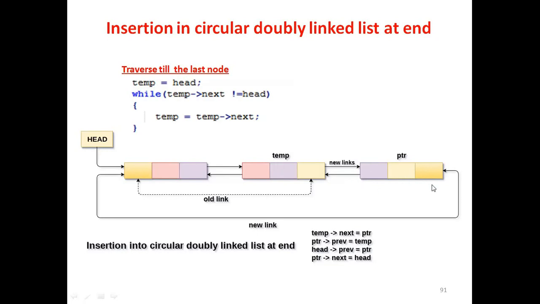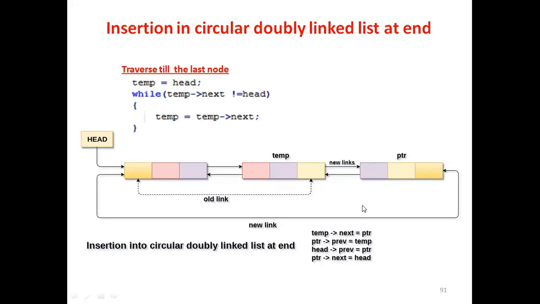And now you create this node. So this node is created. This is the new node and its address is present in ptr. Okay, and then we will update this value. This field will update, this field will update, this field will update. Yes or no? And this field also will be updated. By using this code we come to here. The temp pointer is pointing to this node now. This is the old link and this is the new link.